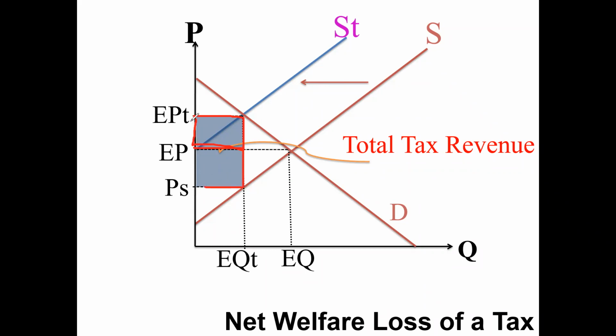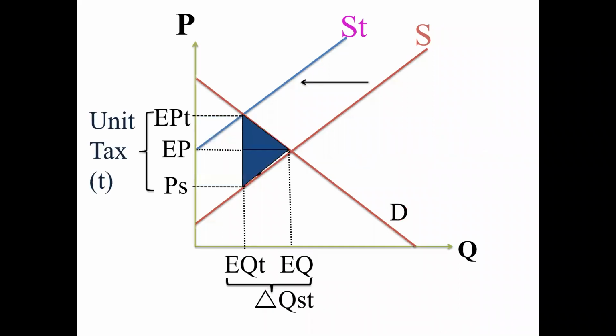We got this. This is the total tax. So this is a benefit to the, sorry, government. This is a benefit to the government. Government benefit, right? Now, when you compare loss to consumer, loss to producer, and the government benefit,